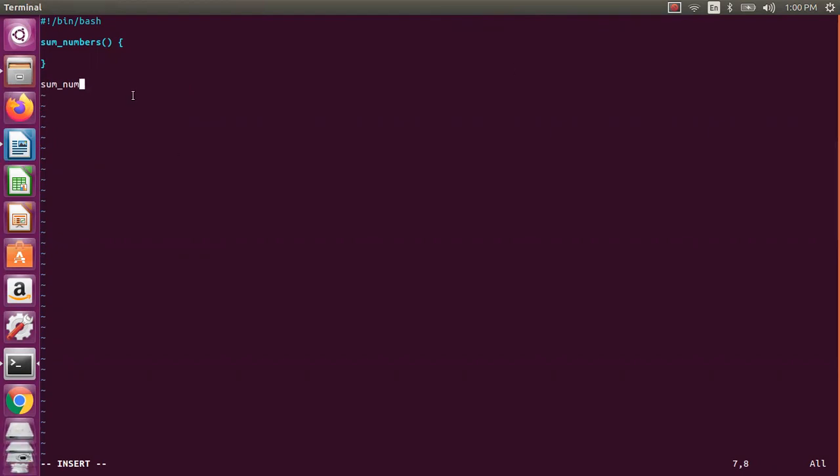Let us assume sum nums. If I say sum numbers, I can pass one value, and I will get the result from that, and I say echo dollar that one to print the result. Now let us assume I do that one three times. I'll paste. So 10, 20, I can pass two values. I can pass three values. Maybe I will pass four values. I'll pass five values. We can also cross check: if you are not passing anything, it should give me an error. That also we can do.